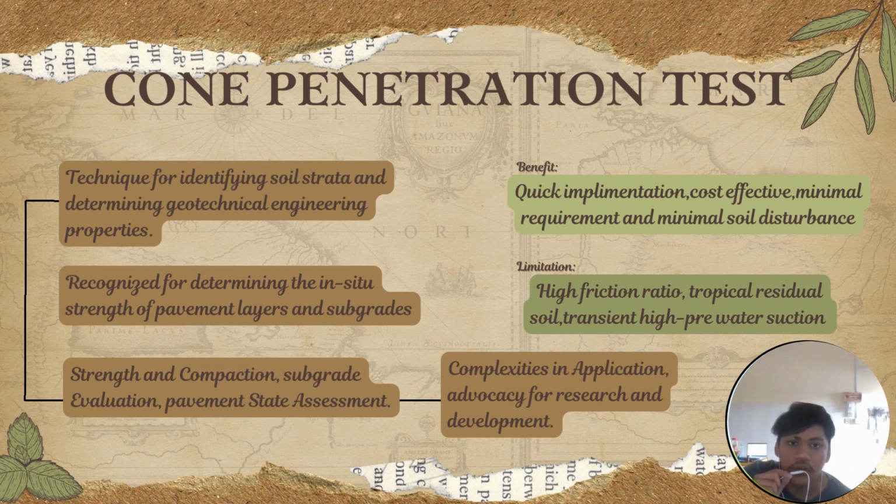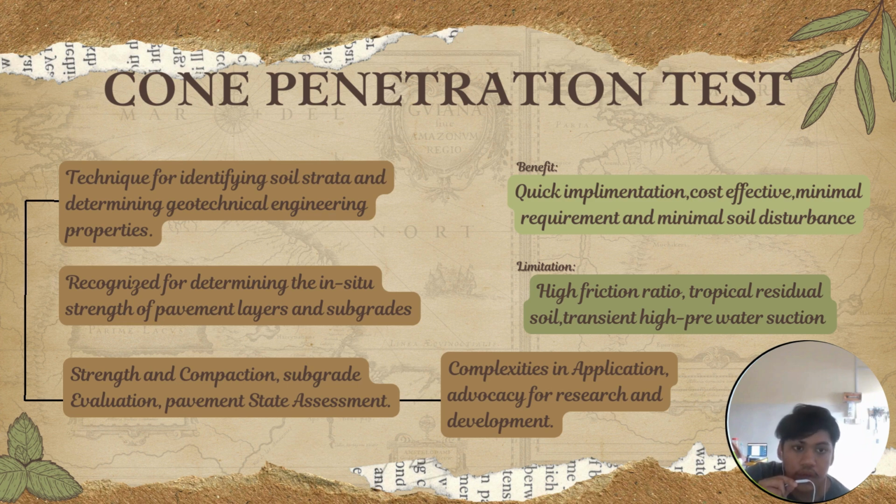My matrix number is DF220148 and today I will present about the cone penetration test. The definition of cone penetration test is a technique for identifying soil strata and determining geotechnical engineering. The recent advancements show that the cone penetration test is recognized for determining the in situ strength of pavement layer